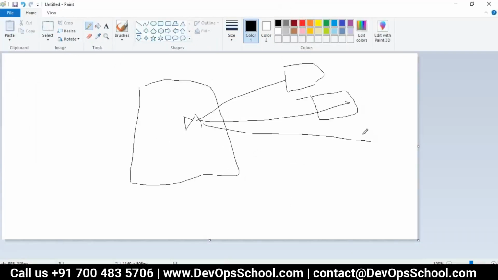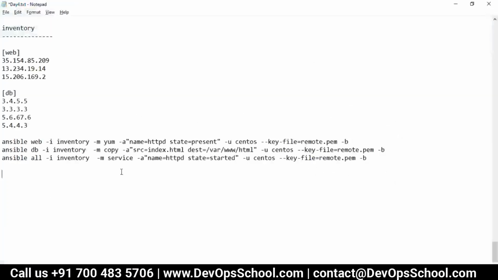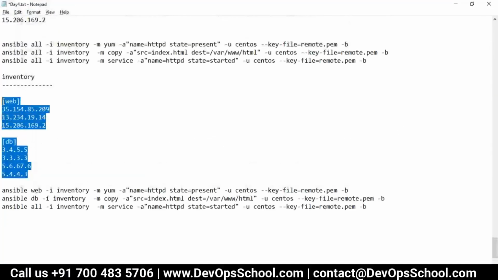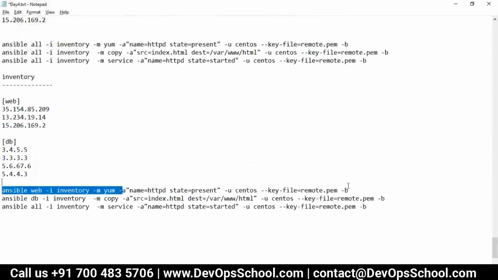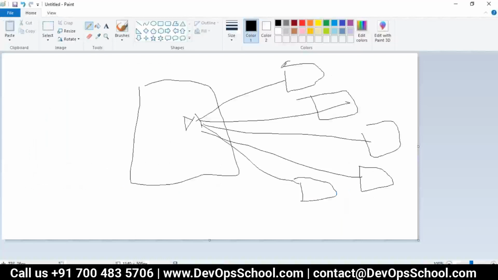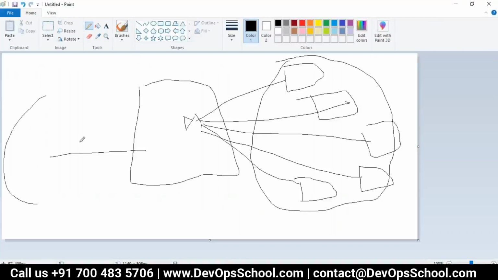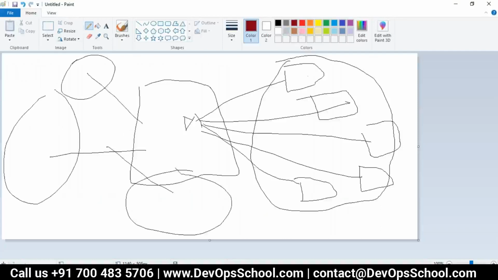But what I am saying is at the machine level also. Since we have 8 IPs, I'll put it this way. If you have 20 IP addresses, then this module by default will be sent to 5 machines at a time in one batch. Then the second time 5 machines, third time 5 machines, fourth time 5 machines. Now, if a machine has done it, it will send you the response.